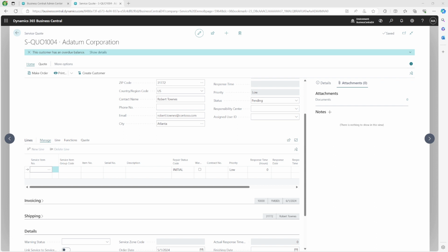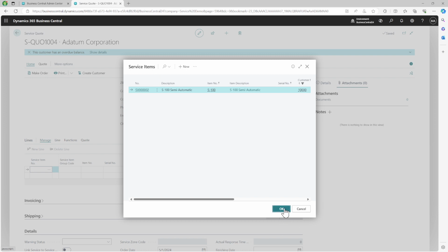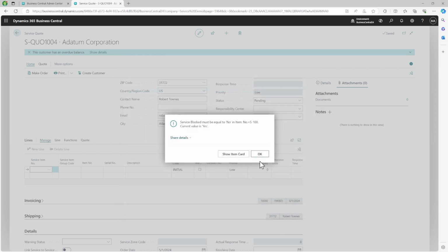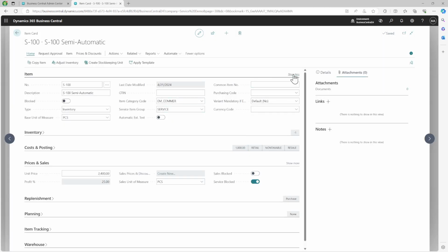Okay, so that's one of the enhancements that we talked about, where the service number cannot be chosen. If you manually try to tag it in, it'll show you that it is blocked. But now let's see that the service item is not blocked, but the item associated with the service item seems to be blocked. So let's see the item card. This service item that we were choosing is associated with item number S100 and it seems blocked. But let's go and see on the item card. If I see here on the item card,